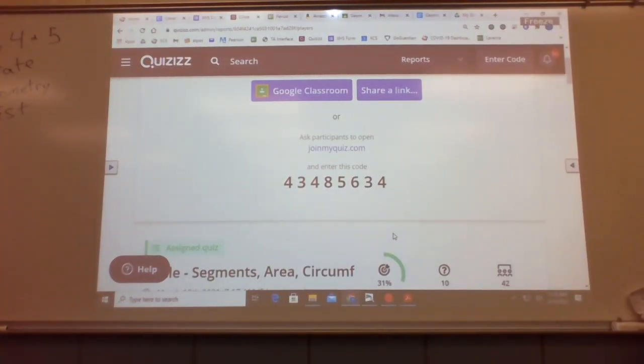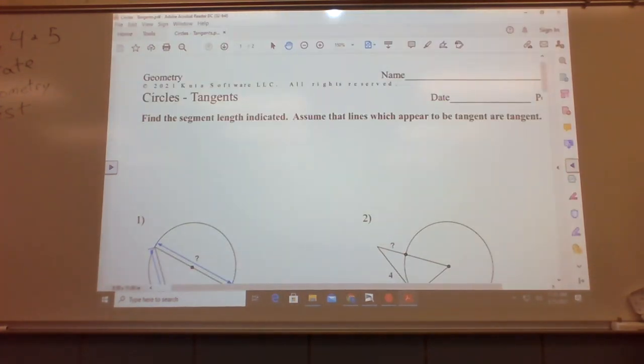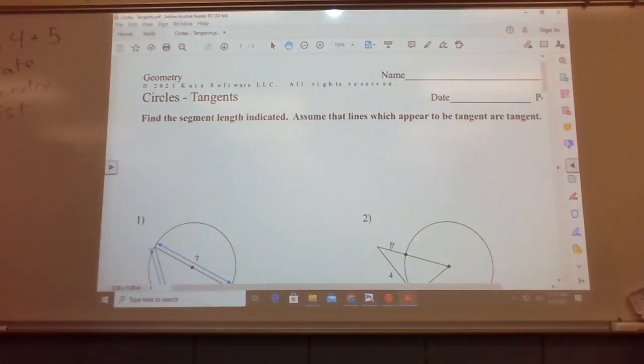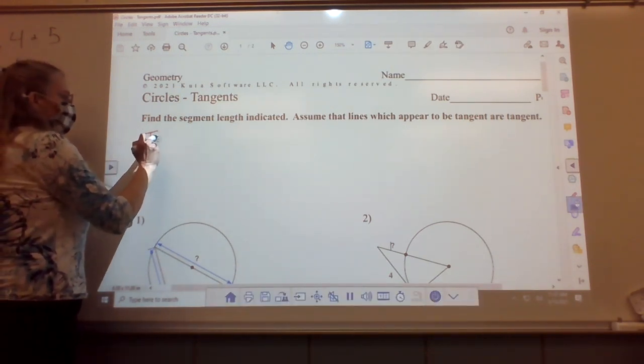Okay, so today, the worksheet we're looking at is called Circles Tangents, which probably means I need to talk a little bit about what tangent is, which isn't quite the same thing as when we're looking at right triangles and things like that. It's not necessarily opposite over adjacent that way. What a tangent is in this circumstance,